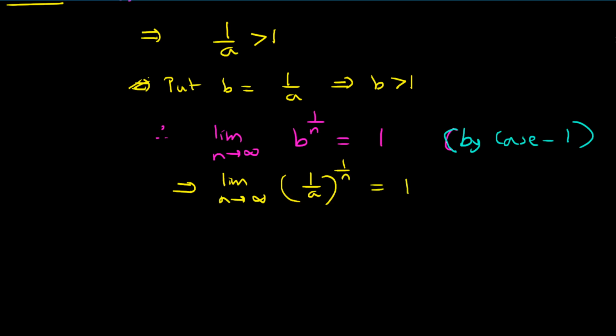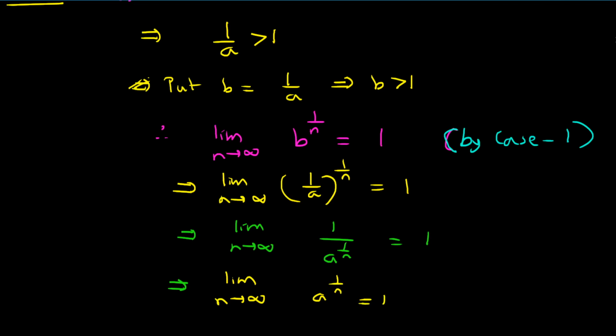Okay, and using the rules of power indices, this we can rewrite as 1 upon a raised to 1 upon n. So we have two sequences. This is xn, this is what? This is 1 upon 1 upon a raised to 1 upon n converging to 1. So using the working rules, if xn tends to x and xn is not 0, x is not 0, we can say its reciprocal converges to 1 upon x. So I can say limit n tends to infinity, a raised to 1 upon n is equal to 1. Do you understand what result I am using here?